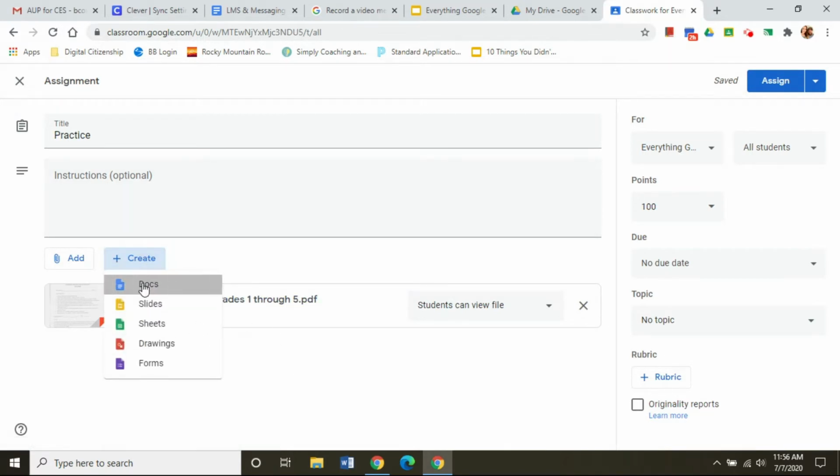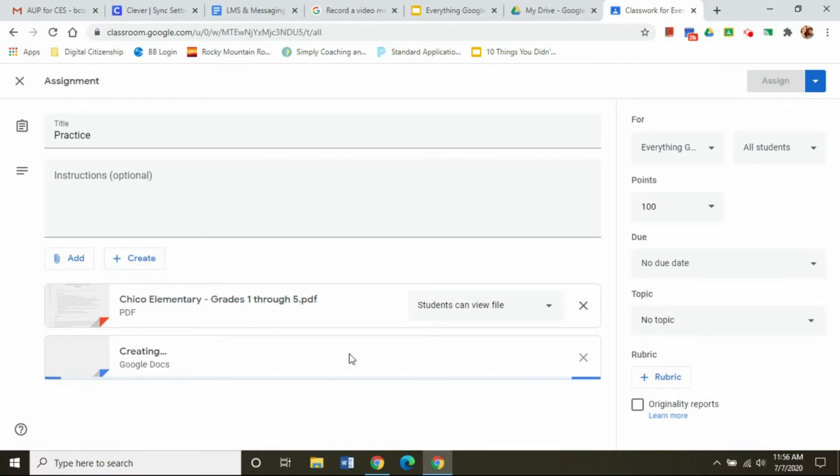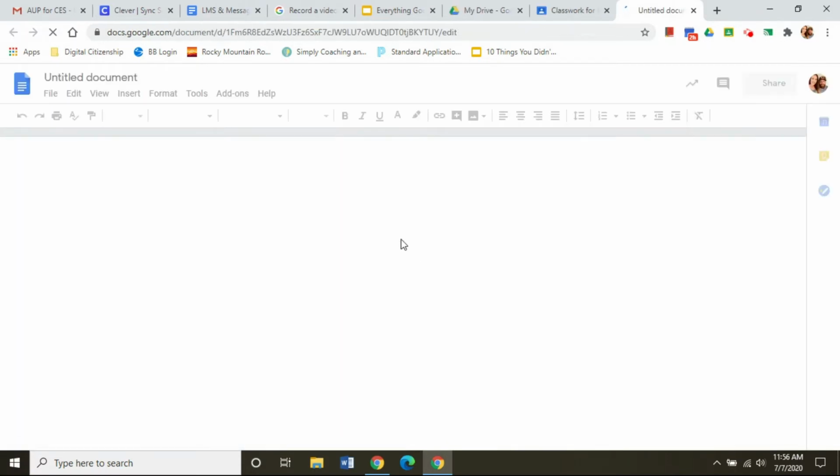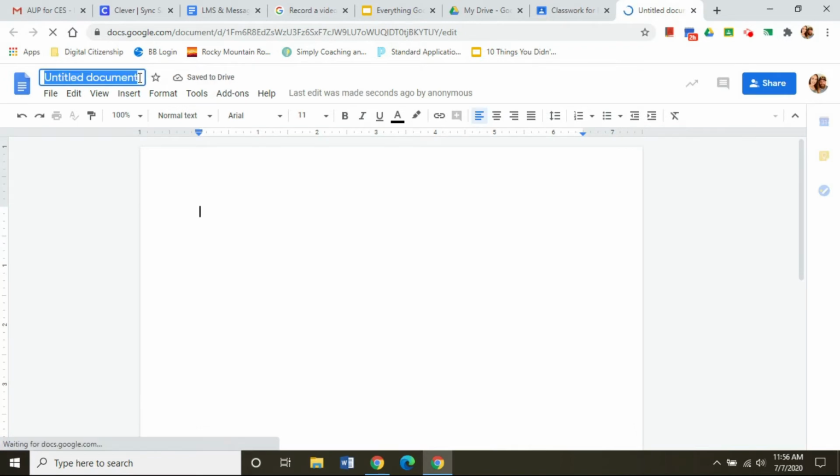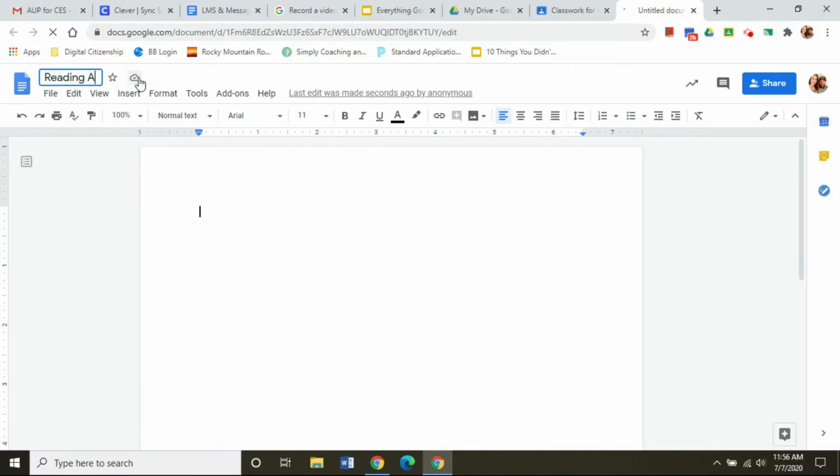If you wanted to attach something they could edit, you could create a Google document and treat it like an answer document. So I'm going to give it a title, Reading Answer Document, and you can even format it however you want to for the student. You can number the questions, you could give them instructions at the top,